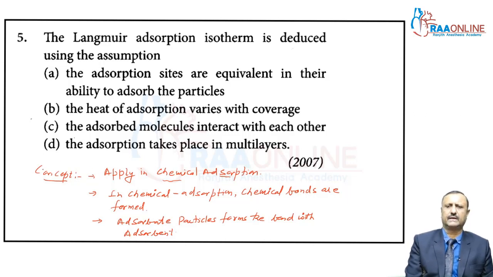So, my dear students, the adsorption sites are equivalent in their ability to adsorb the particles, meaning each adsorption site adsorbs a particle because chemical bonds are formed. The number of adsorbate particles is equal to the valency of the adsorbent. A metal such as nickel or platinum, which acts as a catalyst, is called the adsorbent, and the gas adsorbed on this metal is called the adsorbate. So this is the concept for this question, which was also asked in the 2007 NEET